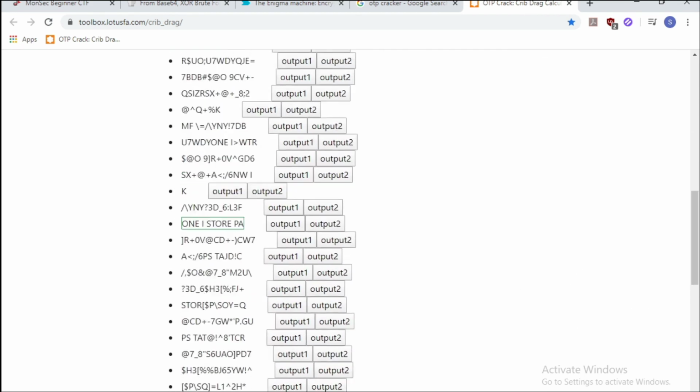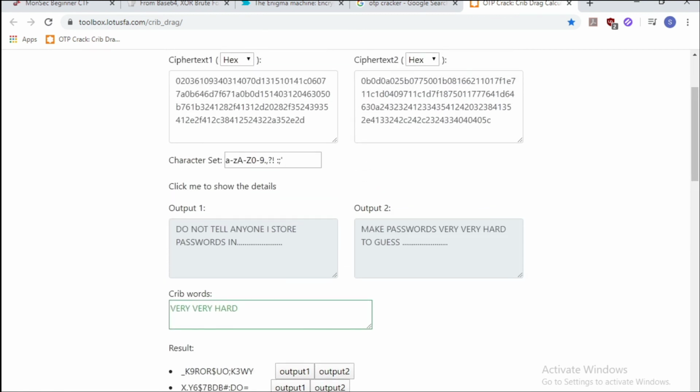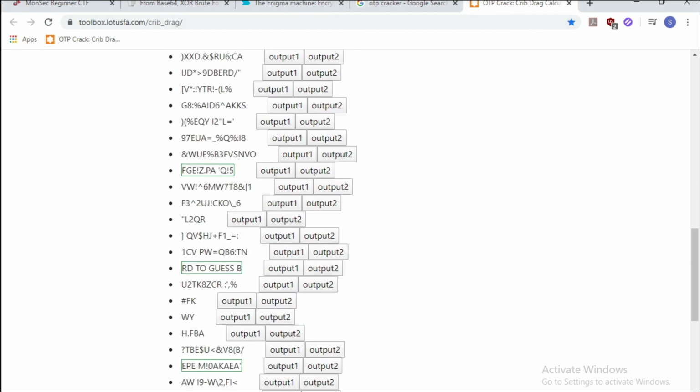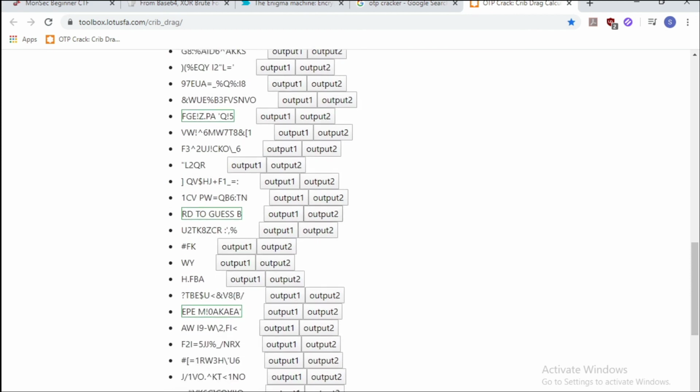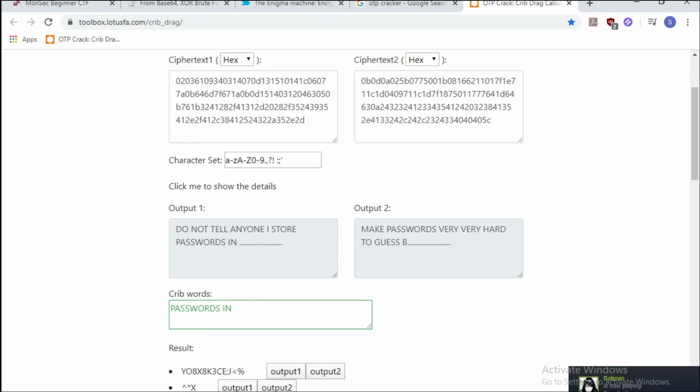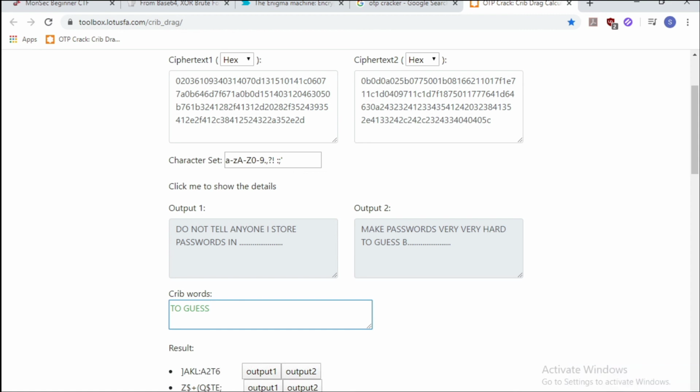And we've got this one, I store pa. Don't tell anyone I store passwords in. I've gotten somewhere with that. In, space, that, passwords in. Type that in here. Passwords in space. And we have gotten guess B, output 2, B. Oh, we're so close. Only the last section is left. Make passwords very, very hard to guess, but because,